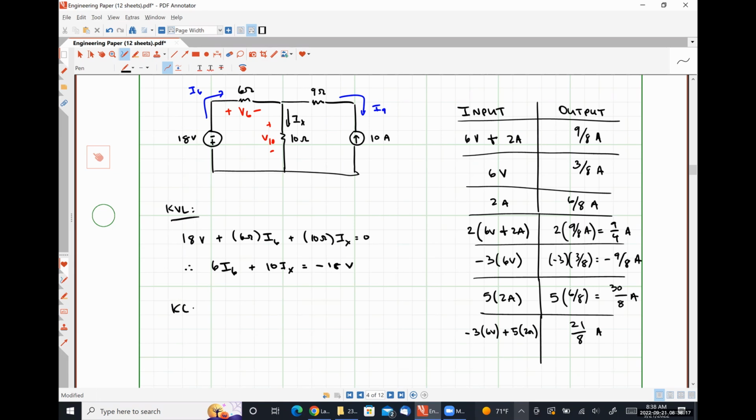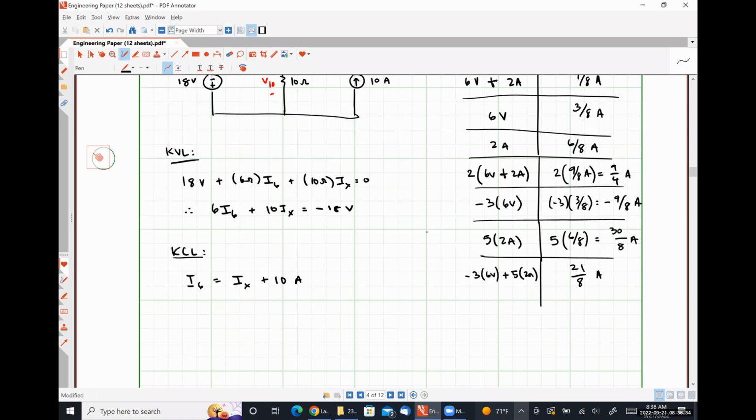For our KCL equation, we have I6 is equal to IX plus 10 amps, or I6 minus IX is equal to 10 amps. Let's solve that system. Again, it's really nothing different than just changing those two constant values, but I wanted to show you that. So if we throw this system into our system solver on our calculators,